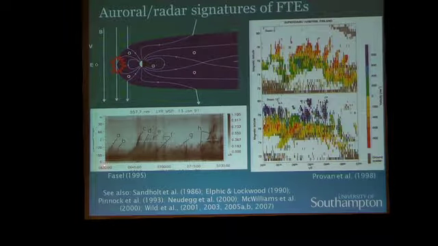So at the bottom of this panel is a view looking southwards, through to overhead, and then northward. And you can see these dark features which correspond to patches of aurora, because they are moving to the right and moving up as time goes by. They're moving poleward, and that is indicative of poleward moving auroral forms, which are the auroral signature of this